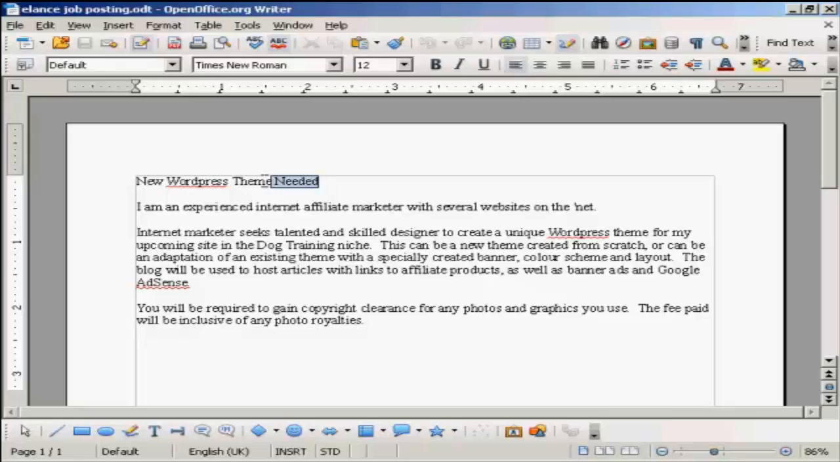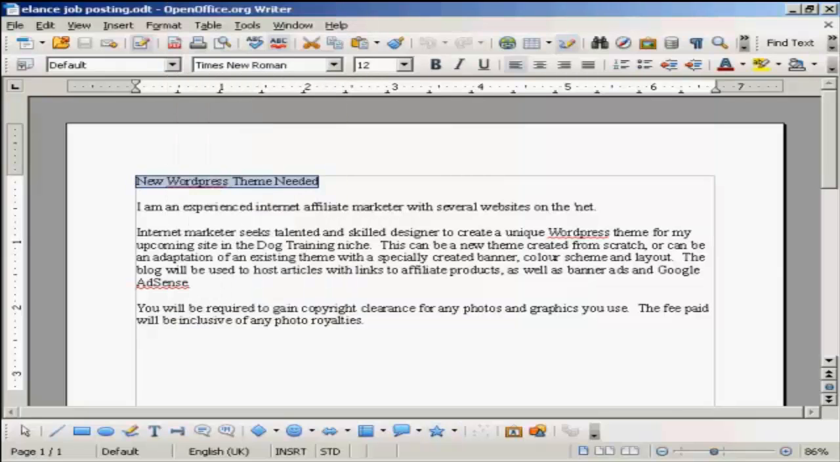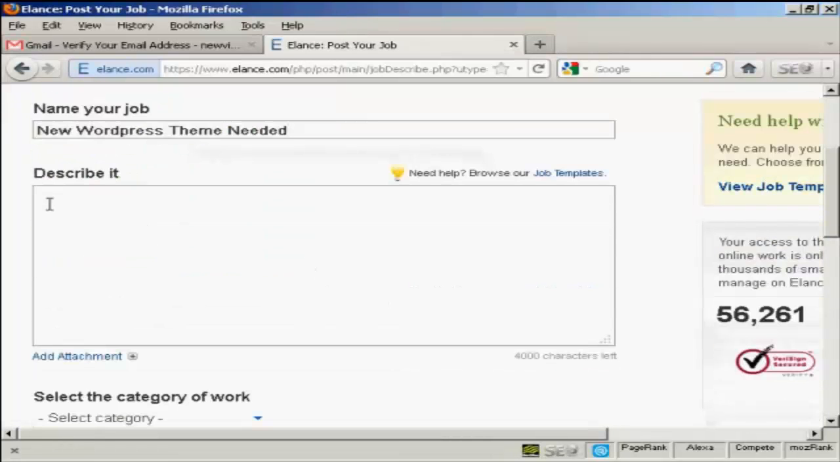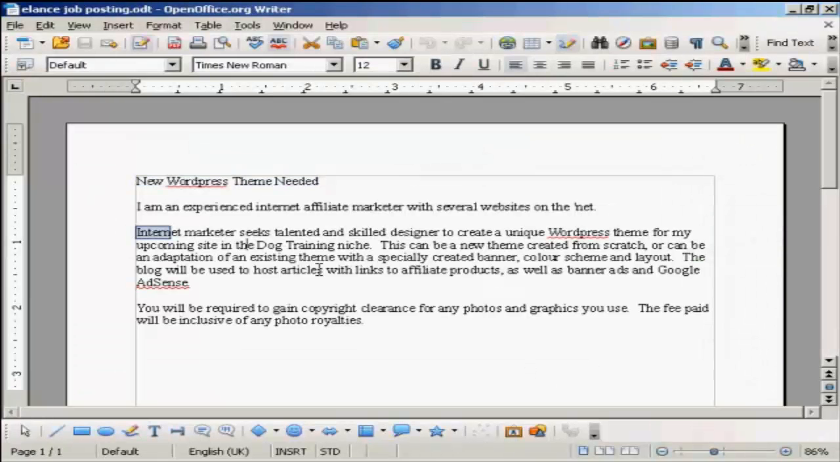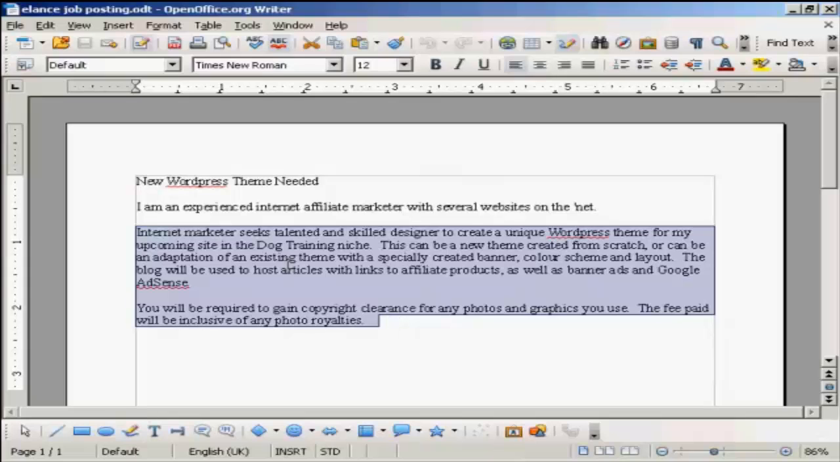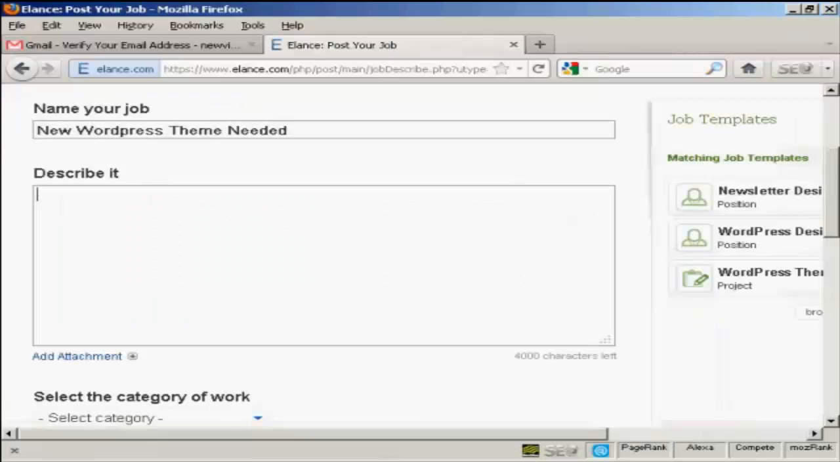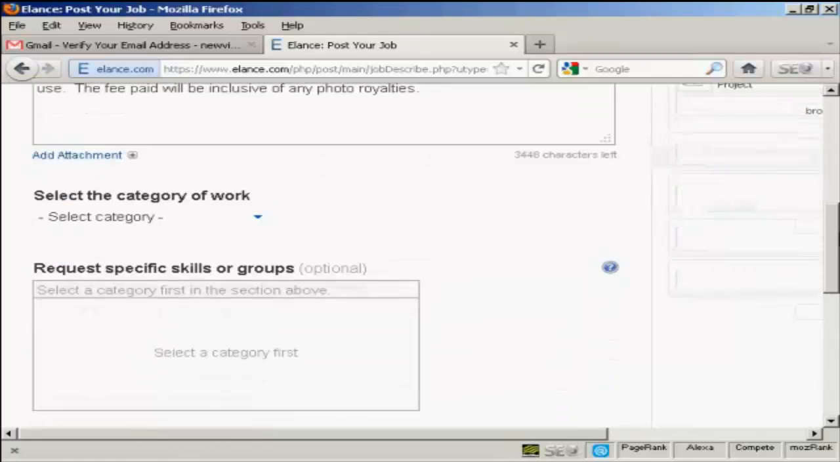New WordPress theme needed, so I'm going to highlight all this one paragraph at a time and copy that so we can put that in, and then here is my job that I want to have somebody do. I can post that in, and then I need to select the category of the work,